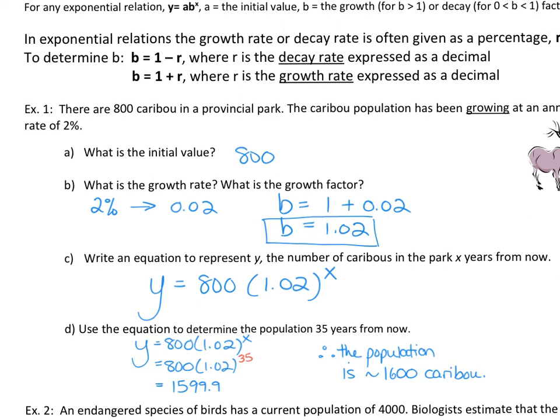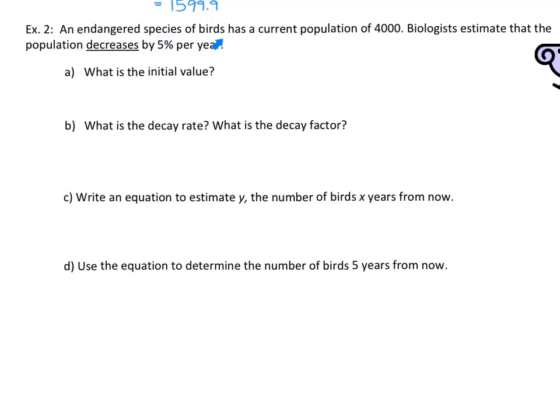Okay, let's try another one. An endangered species of birds has a current population of 4,000. Biologists estimate that the population decreases by 5% each year. Okay, so do your best to actually pause the video and do as much of this as you can based on our previous example, but let's see what you got. Initial value, 4,000. Okay, the decay rate, okay, so it's decaying by 5%. As a decimal, that's 0.05. Okay, so the decay factor, B, is going to be 1 minus 0.05. In other words, B is